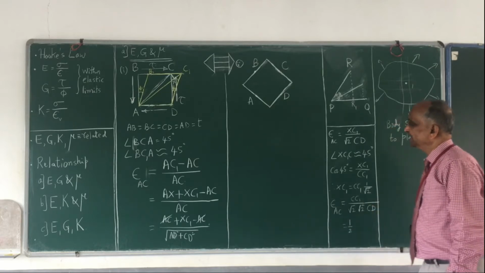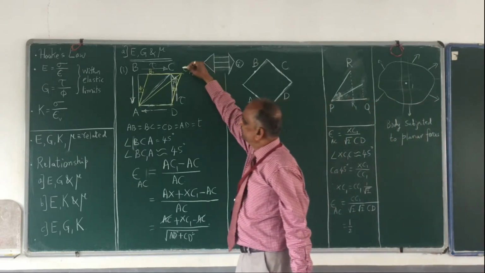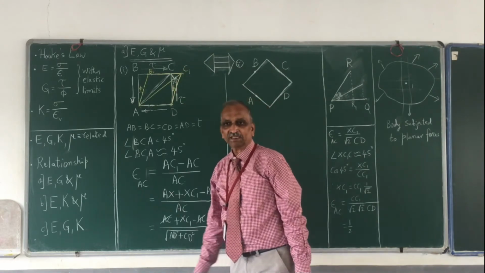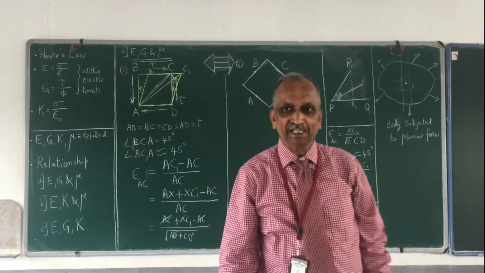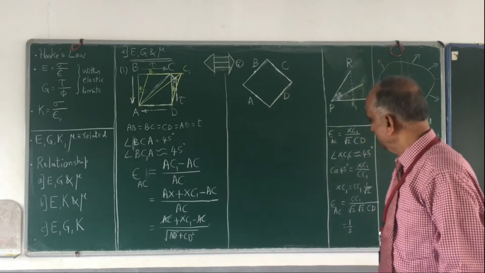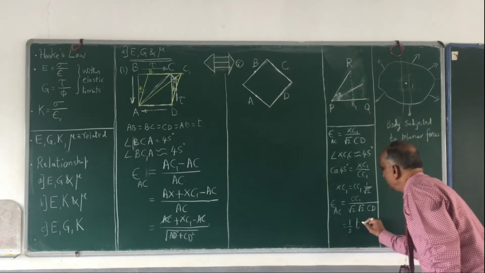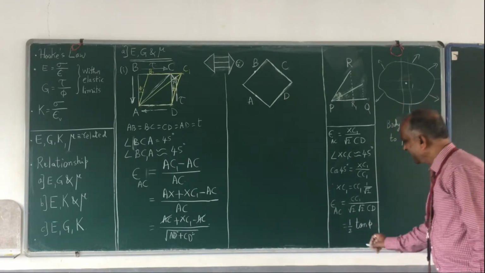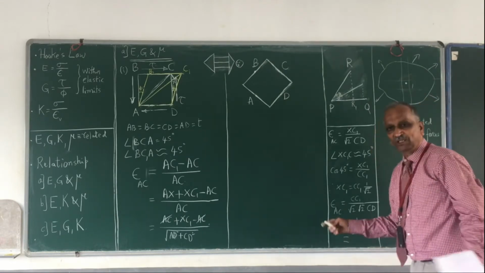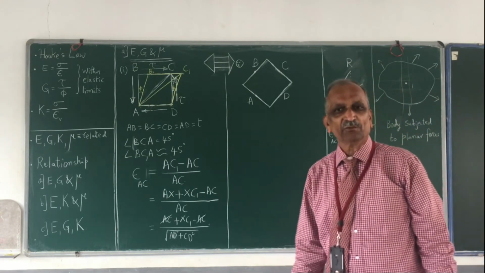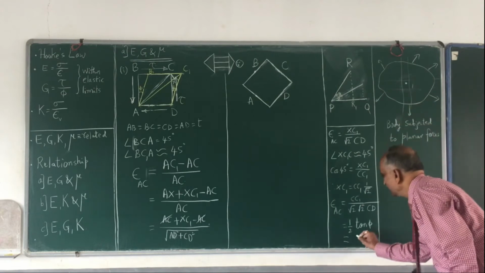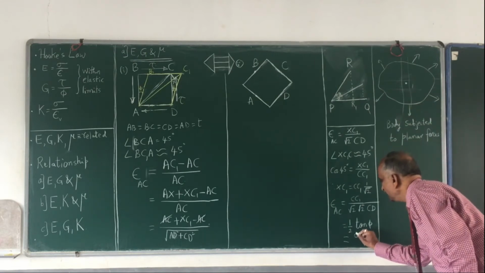And CC1 divided by CD. Go back to the triangle. CC1 divided by CD is nothing but tan phi. So therefore, this is nothing but tan phi. And I am sure that the phi value is very, very small. And when phi is small, tan phi is same as phi. And therefore, tan phi is phi divided by